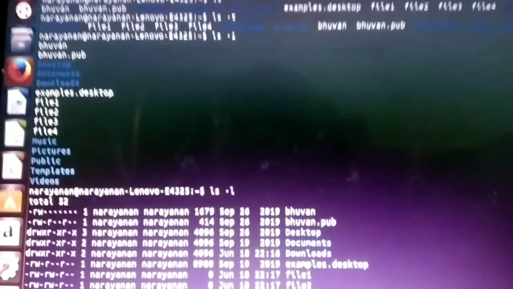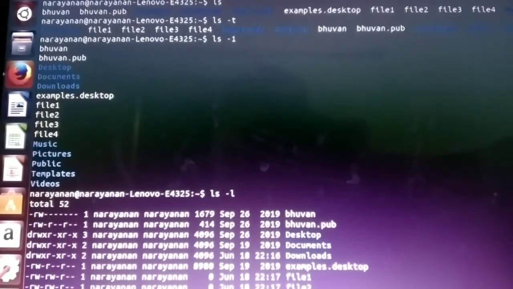The first character, that is the hyphen, indicates the file type. The dash followed by rw indicates a normal file. Suppose it is d, as you can see in the third row, drwx.